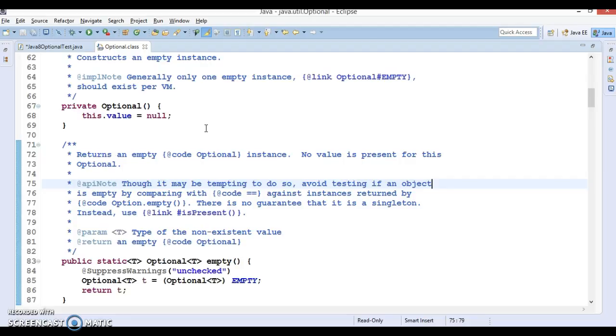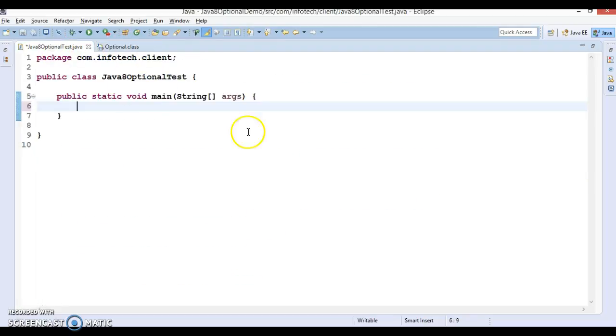If you want to reduce database hits, you might hit the database once and put the results into the cache, and you can avoid the unnecessary hits to the database. That's why we have different types of caching, and one of them is Guava caching. This class was already introduced there, and now JDK 1.8 has added this class in Java 8.